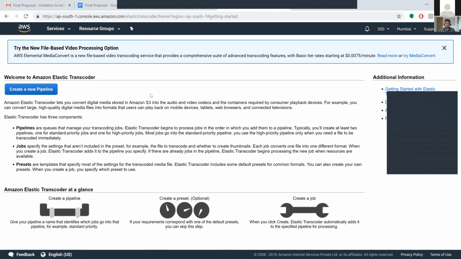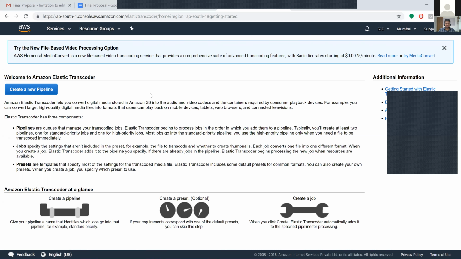Typically, you'll create at least two pipelines, one for standard priority jobs and one for high priority jobs. Most jobs go into the standard priority pipeline. You use the high priority pipeline only when you need a file to be transcoded immediately.